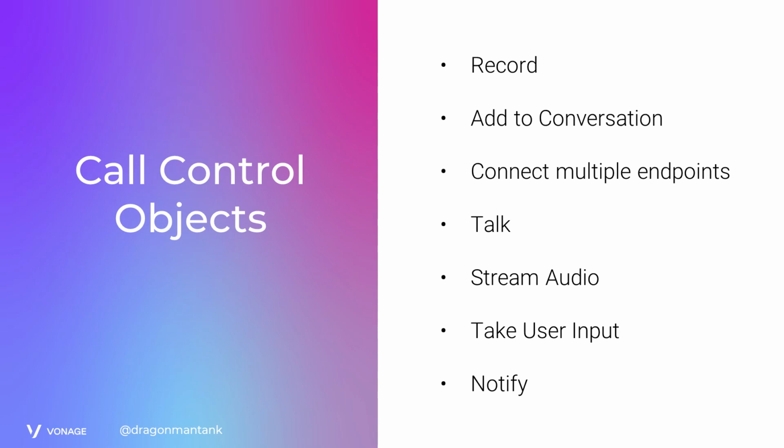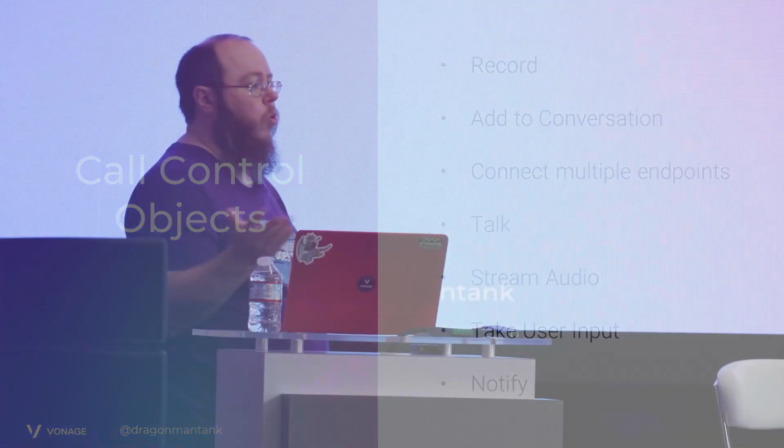But we offer a bunch of pre-canned things you can do. So simplest thing we like to do is just say, record this conversation. So if you do a record action, it'll record the entire conversation. You can record this as individual streams. So if you're doing a conference call or two people, you can have those split or as a combined single audio file. You can add them to what's called a conversation, which is basically a meeting.